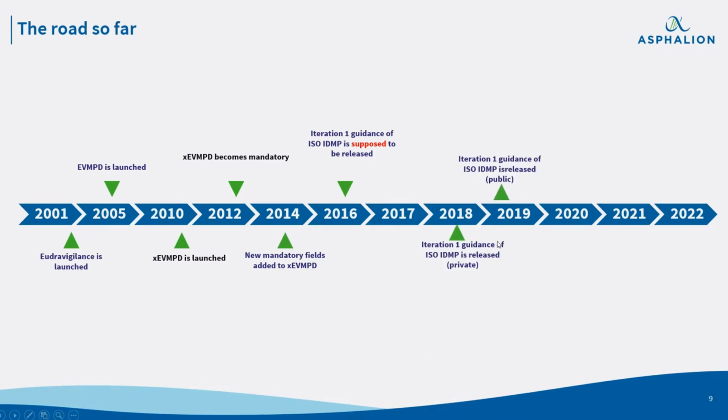If we move forward, we are at the point where this guidance was actually released in 2019. And then coming back to this year, maybe this is going ahead of the presentation, but in February this year, version 2.0 of this implementation guidance was released to the public. And this is supposed to be the trigger for the actual implementation deadlines. We will talk about this later.